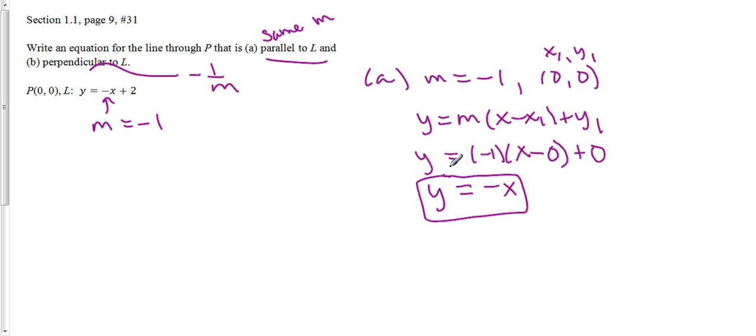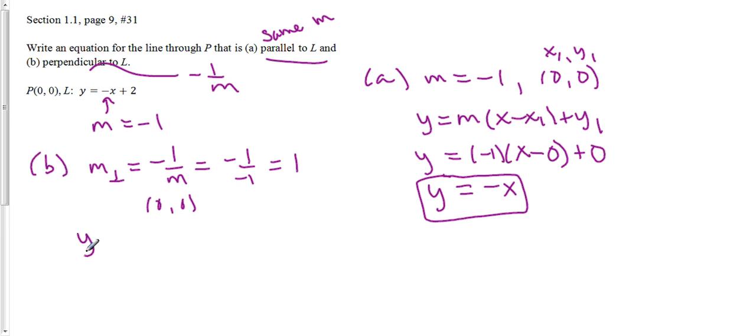Now, I can do something similar if I want to find the equation for the line perpendicular to L, but I need to figure out what the new slope is. So this new slope, the perpendicular slope we just said, was going to be negative 1 over the original slope. So I'm going to have negative 1 over negative 1, or my new slope for the perpendicular line is going to be 1. And again, now I have a slope and a point, (0, 0),